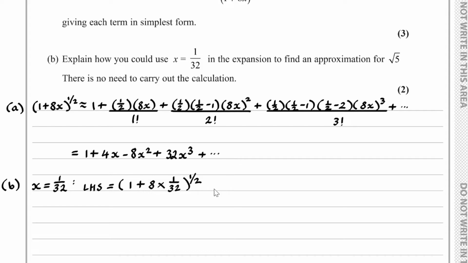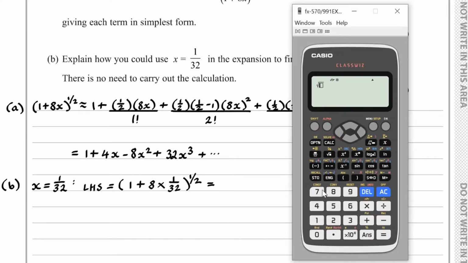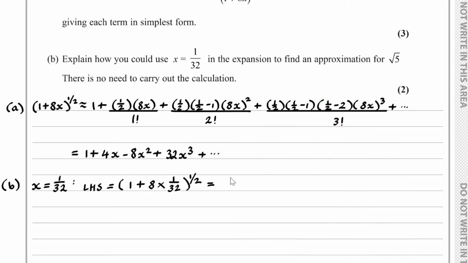And if we work this out, here we have (1 plus 1/4) all raised to the power of 1/2, so that would be the square root of 5 over 4, which is root 5 over 2. So here we have root 5 over 2,